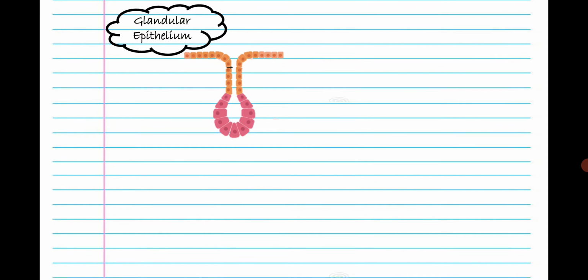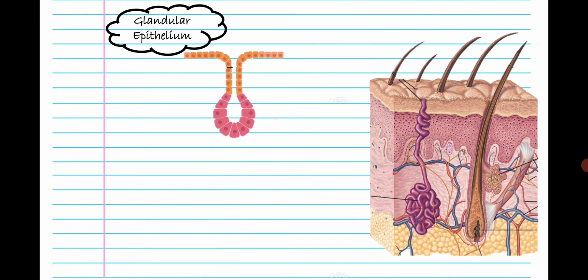The third type of tissue that we are going to discuss today is glandular epithelium tissue. Glandular epithelium tissues are mostly present in our glands. Here again you see the structure of skin. There are different layers of skin that you see here. Dead tissues are there, epithelium tissues are there. This one is a hair. This is a sweat gland. So this sweat gland is actually made up of glandular epithelium tissue.